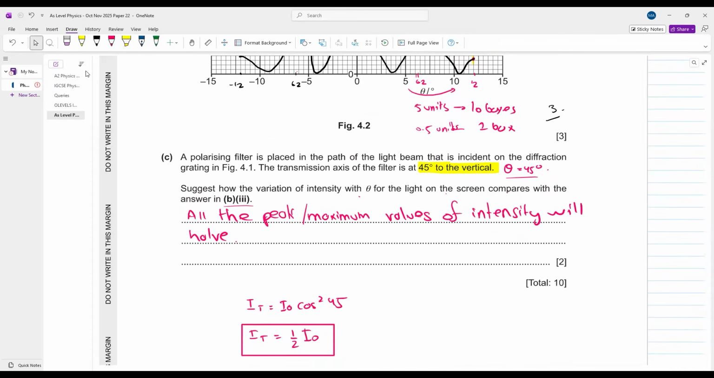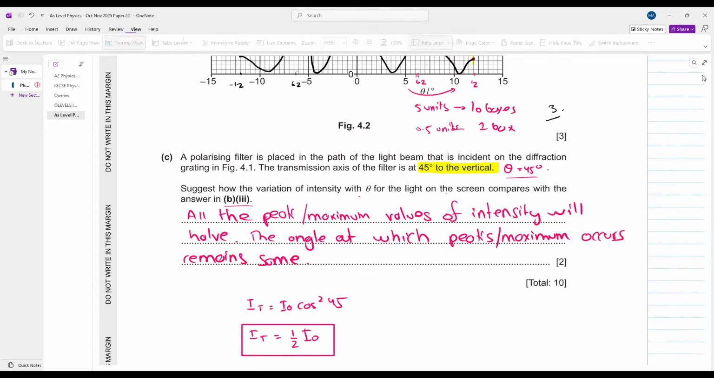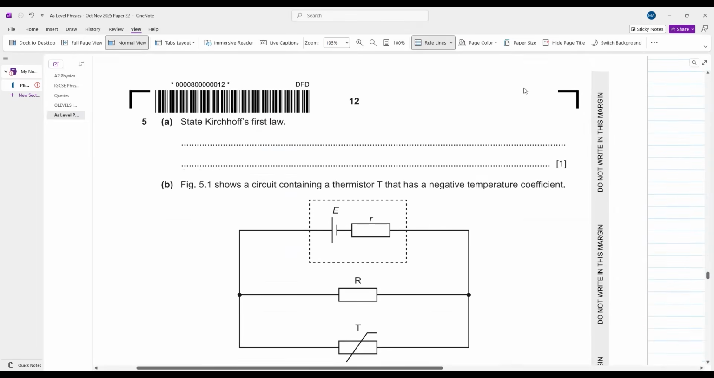Okay, but there will be one thing that remains same. बेटा जिस एंगल पे इंटेंसिटी मैक्सिमास बन रही हैं वो सेम रहेंगे। You can say the angle at which peaks slash maximum occurs remains same। जिस एंगल पे पीक या फिर मैक्सिमम अकर कर रहा है वो सेम रहेंगे। आगे बढ़ते हैं।